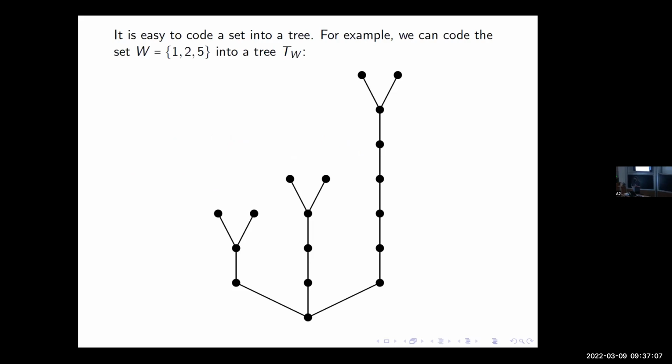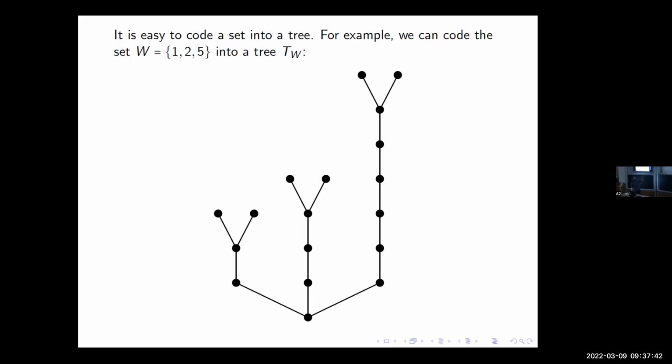And first, I want to argue to you that trees really are a generalization of the previous two things. So the first thing I want to argue is that if you've got a set, you can easily make a tree where the tree really represents the set. If I've got a set W here, for example, 1, 2, and 5, I can make a tree that really represents this set, in the sense that building a copy of the tree is the same as computing the set. And so I just do it like this, right? For each thing in the set, I have a separate node at the bottom, and then it's got some number, and I just go up that many times and then make a split.